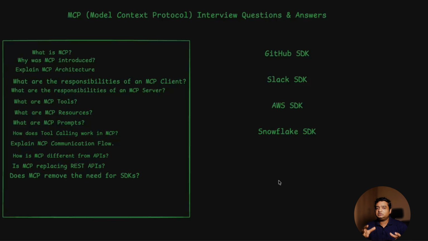The MCP server has created the connection to external tools like Snowflake, Slack, and GitHub, mostly by means of the SDK. So from the developer's point of view, there is no need for an SDK. But from a technology point of view, the SDK is still needed; the developer is not going to use it directly, the MCP server is.